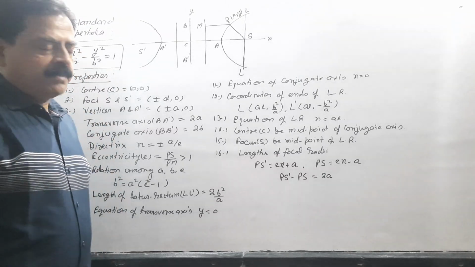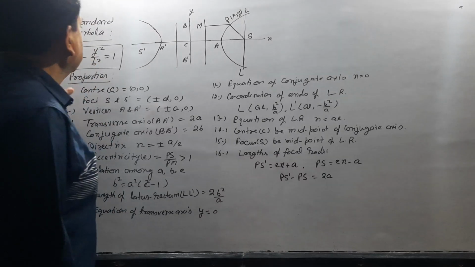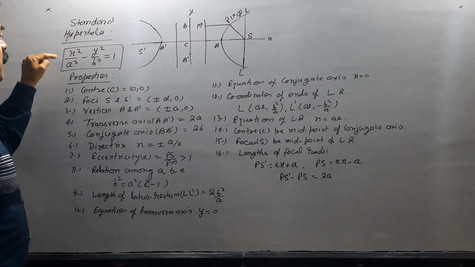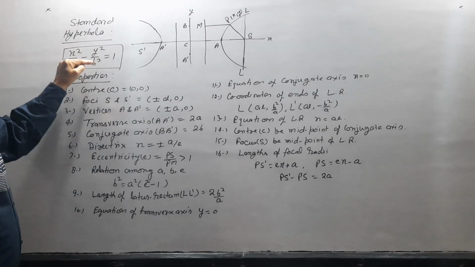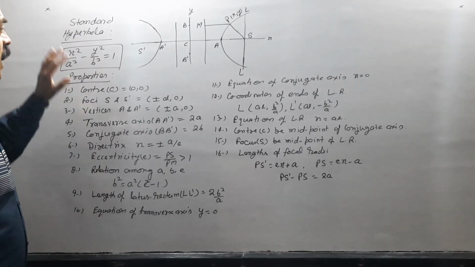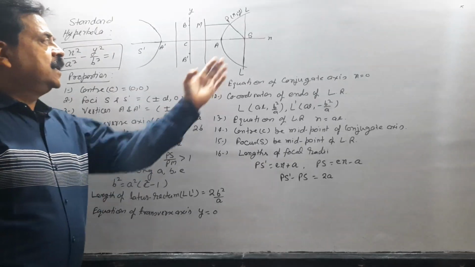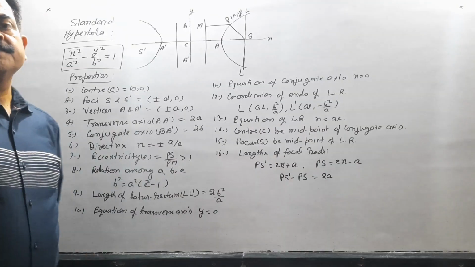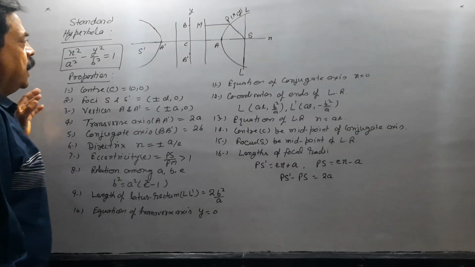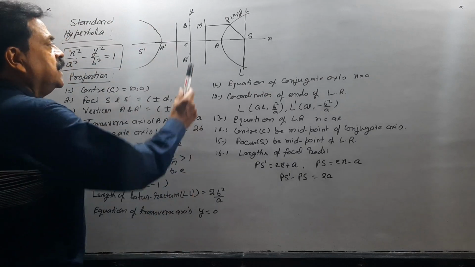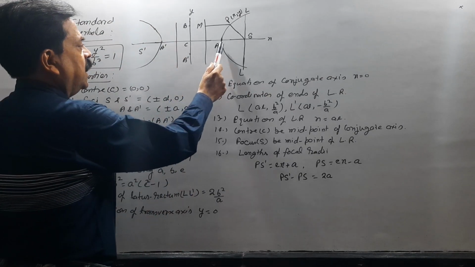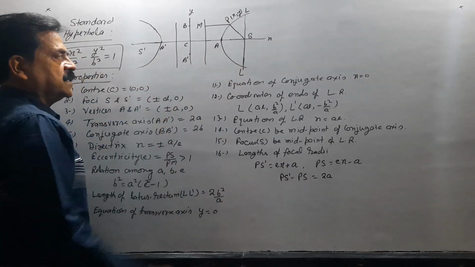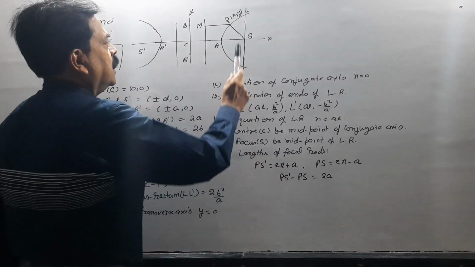Standard equation of hyperbola. The standard equation of a hyperbola is x square upon a square minus y square upon b square equals 1. And for this equation, the figure of the hyperbola is this. In this figure, C is the center, A and A dash are vertices, S and S dash are foci, P is